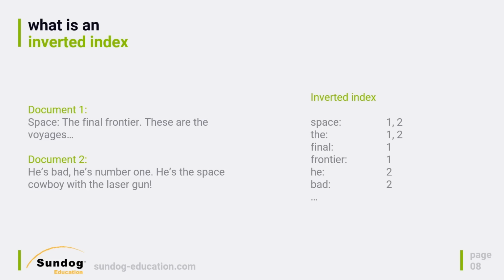And the word final only appears in the first document. So our inverted index would map the word final, the search term final, to document 1. Now, it's a little bit more complicated than that in practice, and in reality, it actually stores not only what document it's in, but also the position within the document that it's in, so we can do things like phrase search and stuff like that. But at a high conceptual level, this is the basic idea.